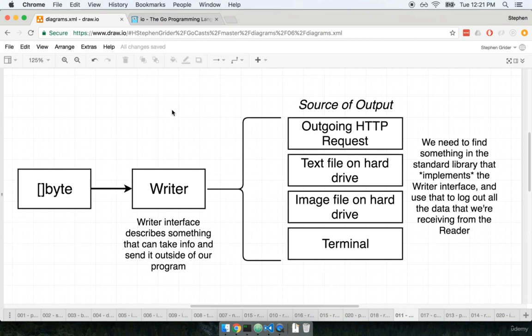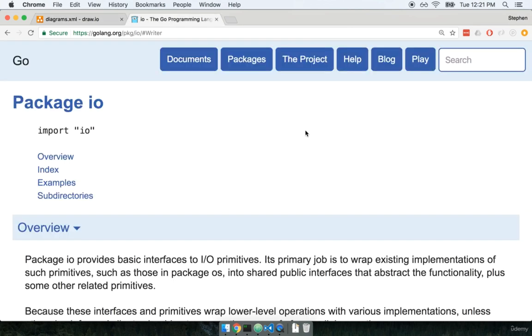In the last video, we started talking about the writer interface. We're now going to continue by looking at some documentation around the writer interface and figuring out exactly what it means to satisfy the writer interface. So I'm going to flip on over to my Go package documentation, and I'm looking specifically around the documentation for